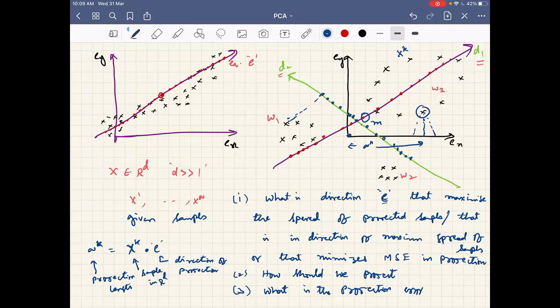And what we want to capture is, one is the direction of projection. The other thing is the way of projection. How should I project? Third thing is, based on which do I get these details? That is the projection error. So we'll first quantify the projection error, and in the light of projection error, in minimizing the projection error, we find out the directions of projection and the lengths of the projections. Hope this is clear.